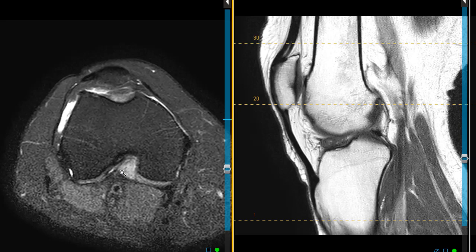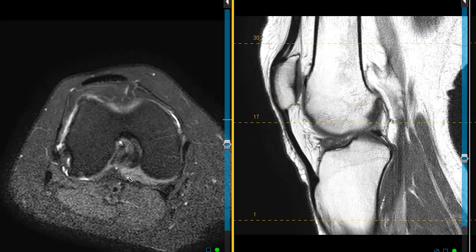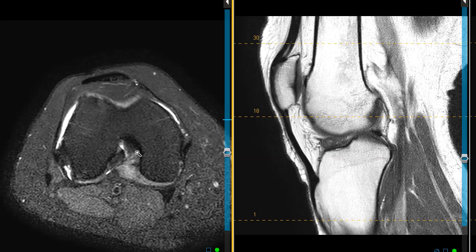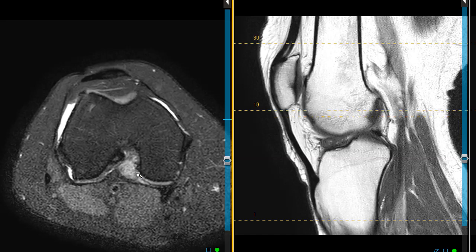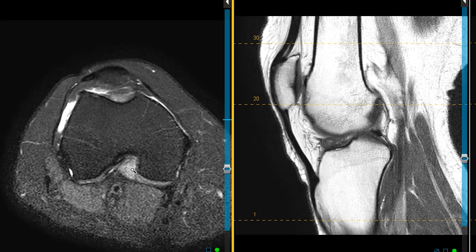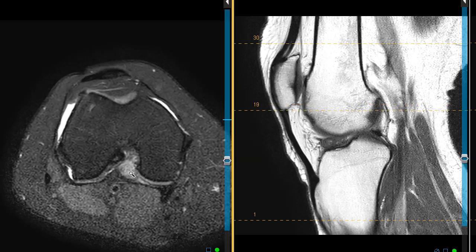One is back here, in the posterior knee. This is her posterior cruciate ligament. This is her anterior cruciate ligament. They're right together. And along the back of the PCL, we see this gray area, intermediate signal, and this is localized synovial inflammation. Rather than fluid, which would be light bulb bright, this is intermediate and fairly uniform and